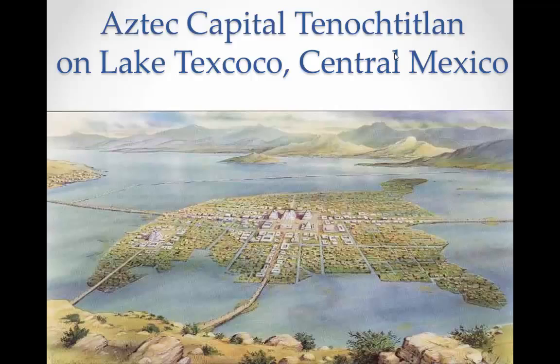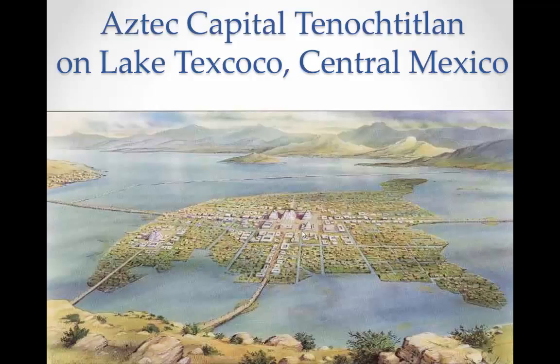So this is an artist rendering of this capital, Tenochtitlan, on Lake Texcoco in central Mexico. You can see, here where my pointers are going, you have these canals going through the city where these canoes could come. You had these giant causeways, they're called, basically bridges that would allow you to get onto the city via land if you needed to. And you had these big, elaborate temples and pyramid type structures in the city as well.